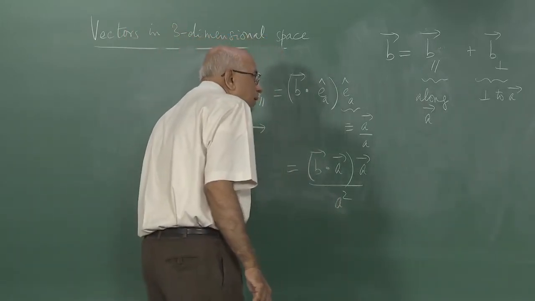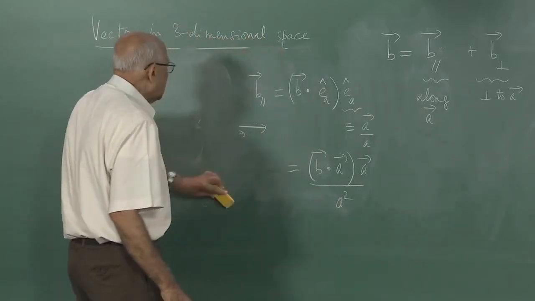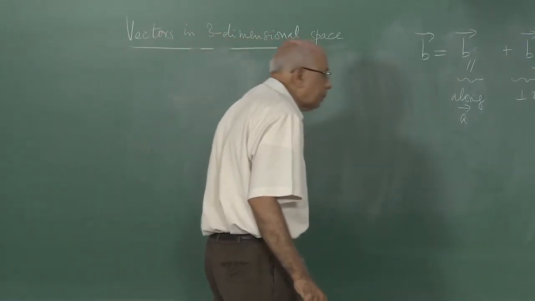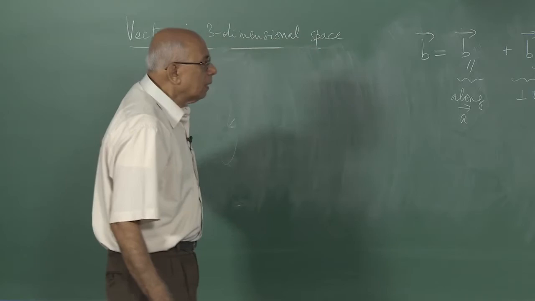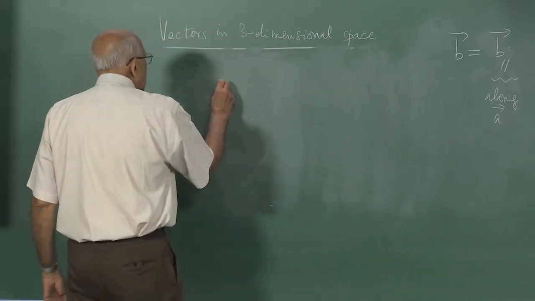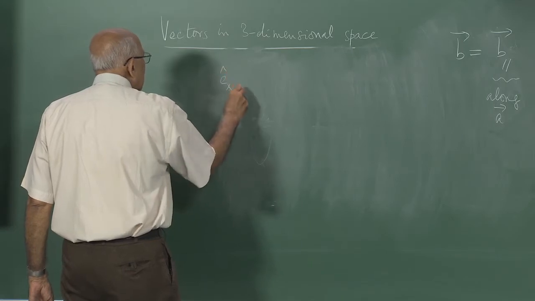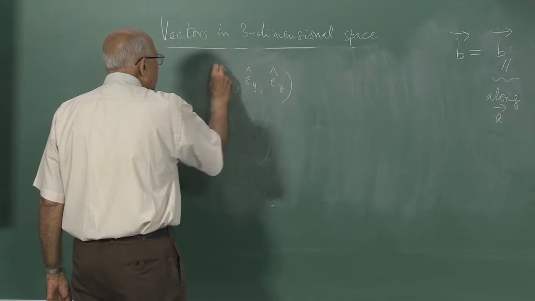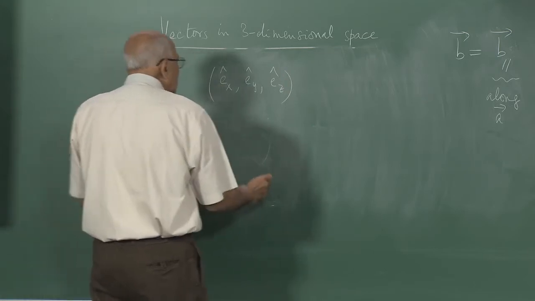Well, that requires a little bit of an identity, and I am going to spend a little bit of time talking about this identity. That is the following. But before that, I need to do the following. I need to point out that in the Cartesian basis, Ex, Ey and Ez were unit vectors, and these vectors